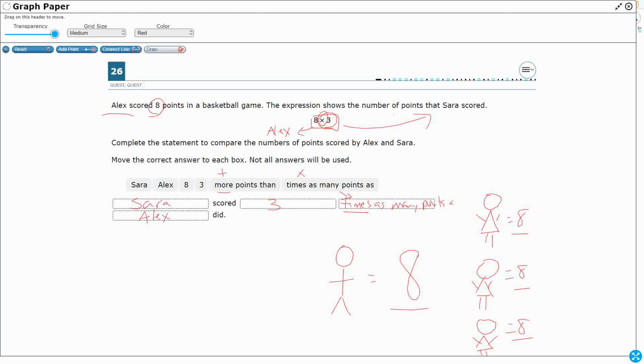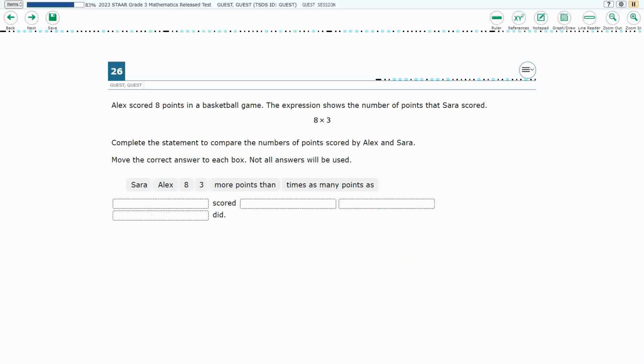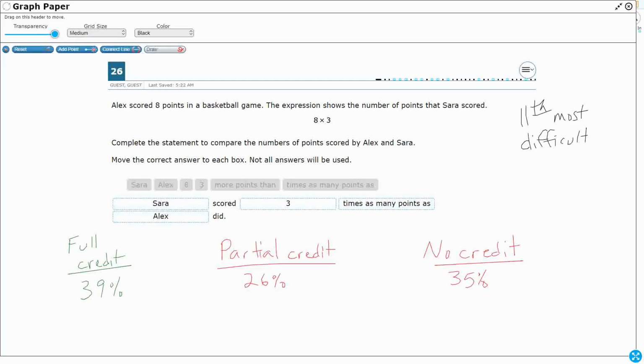That's one way that we can write a statement here to represent that Sarah scored 3 times as many points as Alex. So let's put that in there. Sarah scored 3 times as many points as Alex. That's how we get our full credit. Let's see how we did across the state of Texas. So this was the 11th most difficult, and we get 2 points here for our full credit, 39%, 1 point